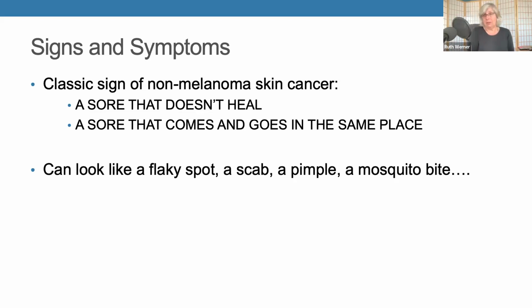And the person I spoke to was very supportive and in alignment. He said, yep, that's absolutely true. But I would add to that a sore that comes and goes in the same place. So a person will have a mark on their skin. They'll get an appointment with a dermatologist 3 days before their appointment that they waited 3 months for. It goes away. And then right after their appointment, it comes back. Right? So a sore that comes and goes in the same place is another sign or symptom, if you like,